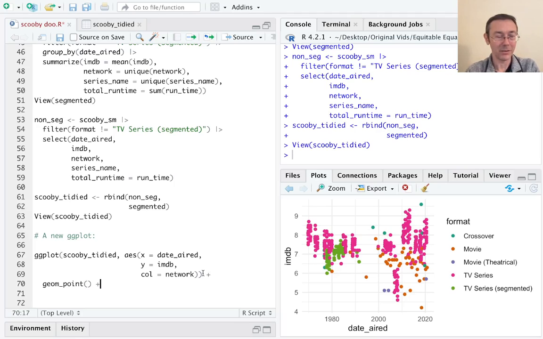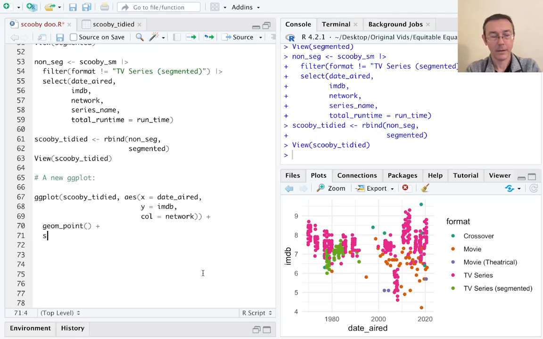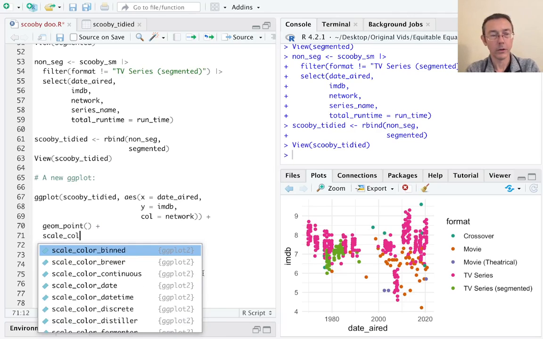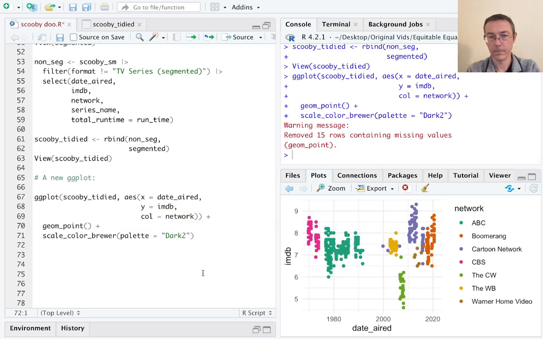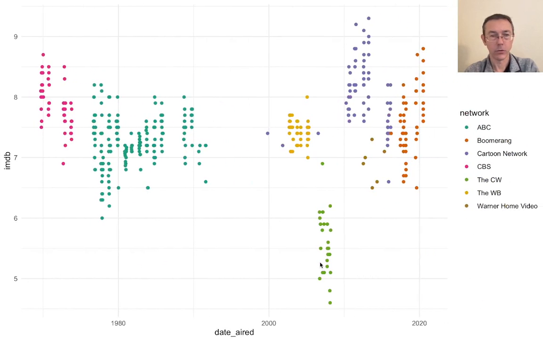Fix that spacing or it will bother me. And let's do scale color brewer. Palette equals quote dark 2. All right, great. So by taking out those movies, we're seeing a lot more separation between our groups because these